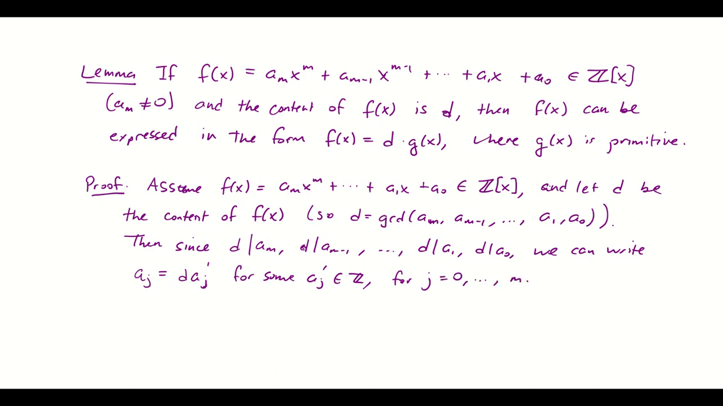Okay, so in other words, we're going to do the work of factoring out d before we get started with factoring the polynomials. All right, so each a_j is expressible as d times something. So then